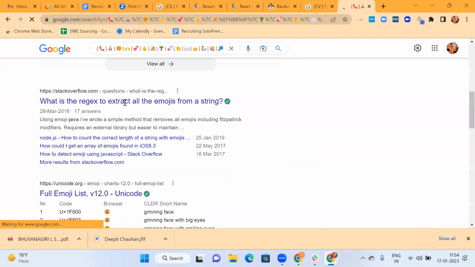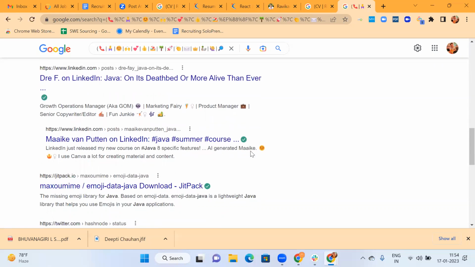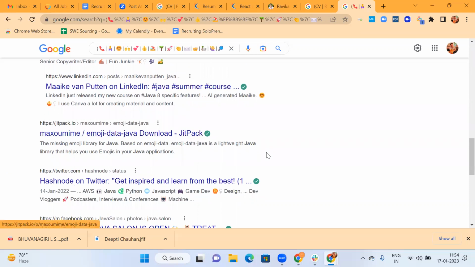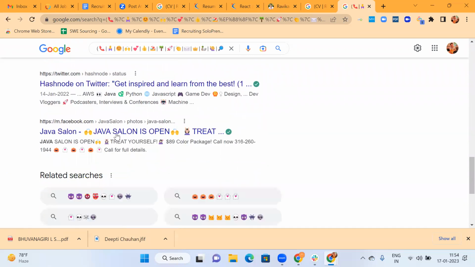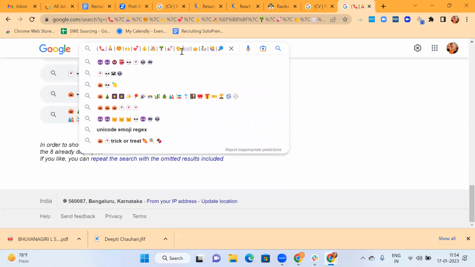Stack out by emojis, full emoji list. Emojis, emojis. Very few, but yeah.